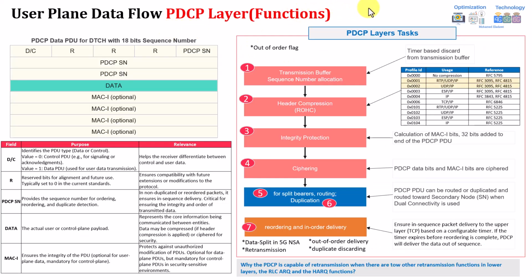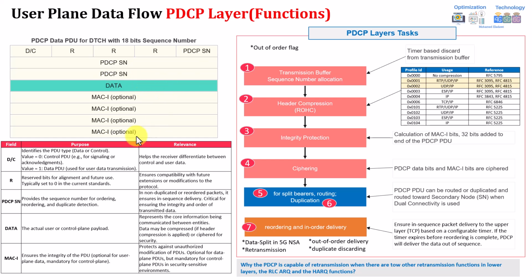Again, I like to first go through the high level before jumping into the details for each and every single parameter or function of the PDCP. So as I did in the last session, I like to first cover the PDCP header, as you can see on the left side here. The PDCP header is simpler compared to what we discussed for RLC. It has much less content compared to the RLC.